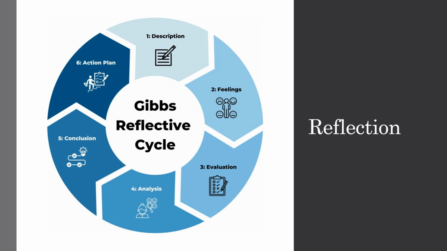Reflection. I decided to use the Gibbs reflective cycle to help me reflect on how I went in this assessment. I was able to attain 2 applicable articles to compare and analyze that were relevant to the question I had formed through the PICO framework. I felt as though I was able to achieve the desired outcome, although there were some aspects I could have improved on.